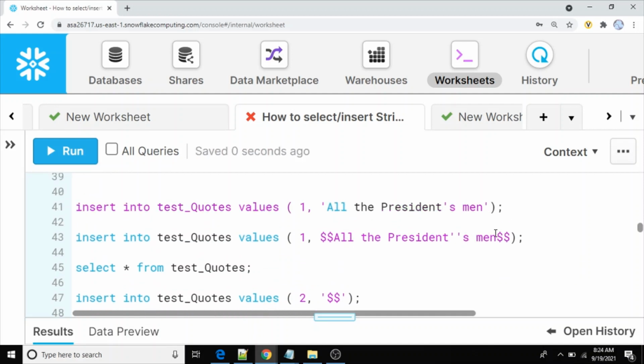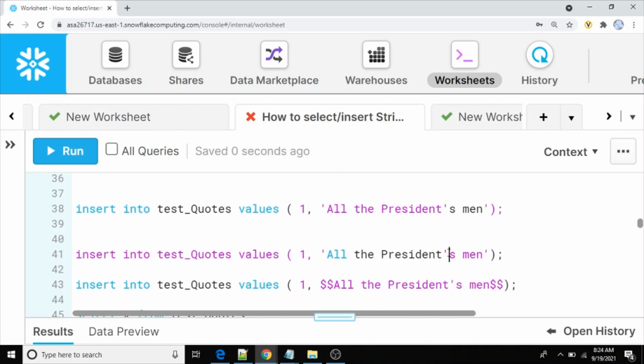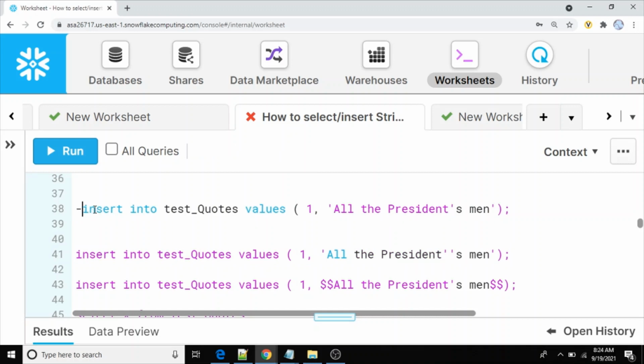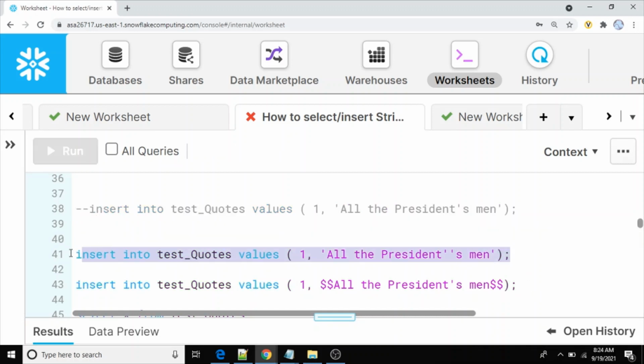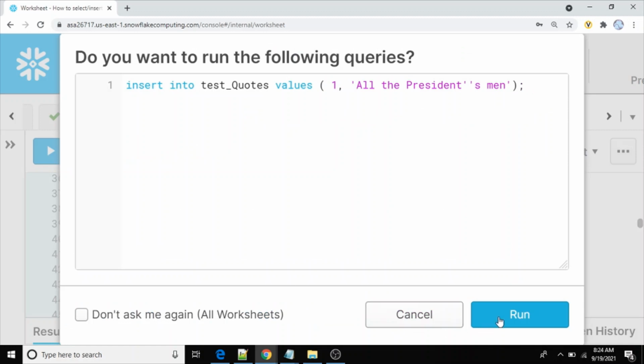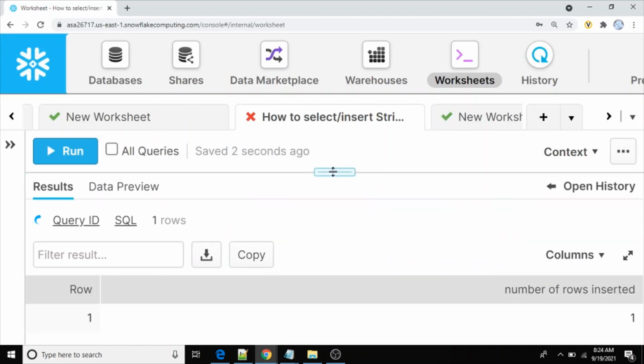Even if you escape them, okay, let me execute this one. Yeah, inserted, number of rows inserted 1.